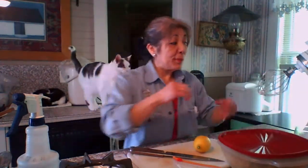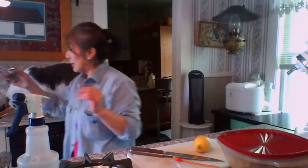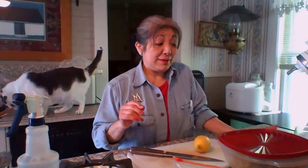And before I made that, I also made some macaronis. Remember last time I made potatoes and I divided them three ways? Well, I do the same with